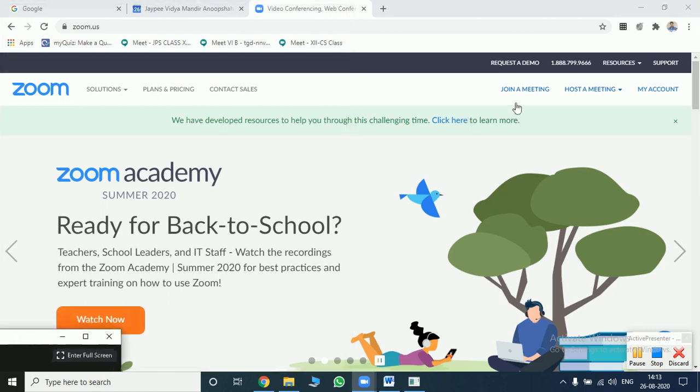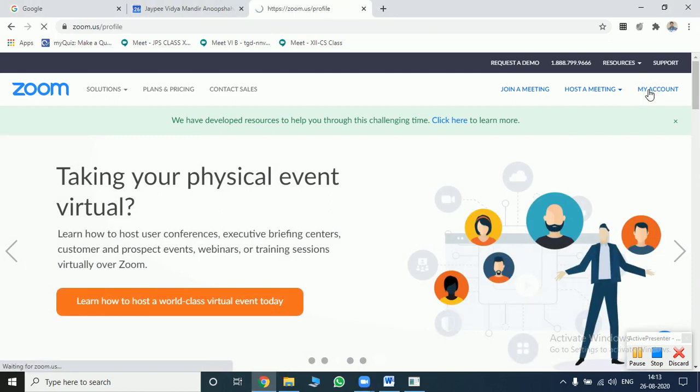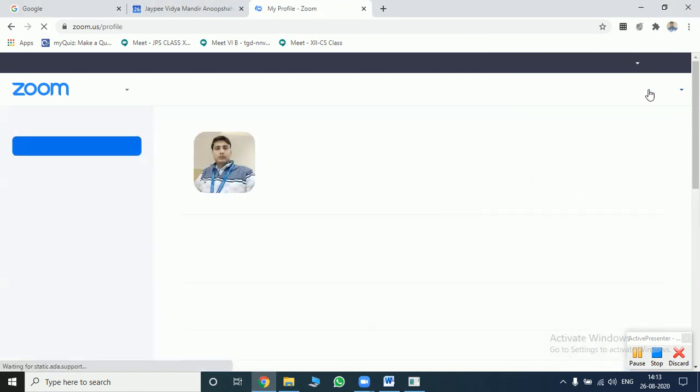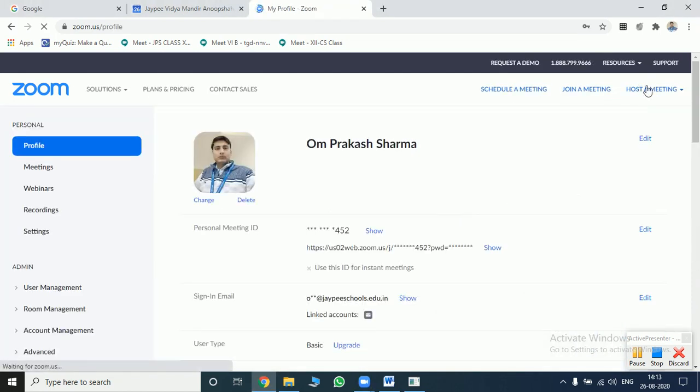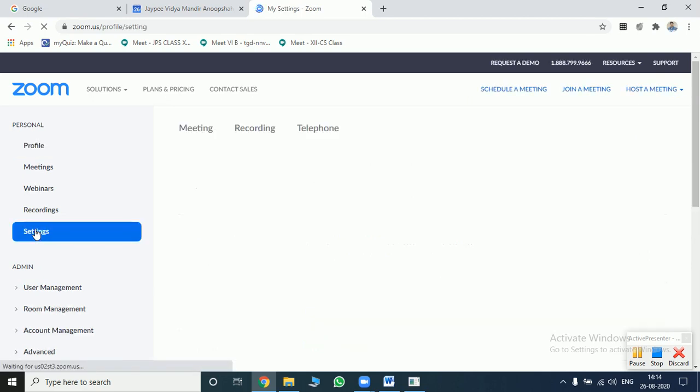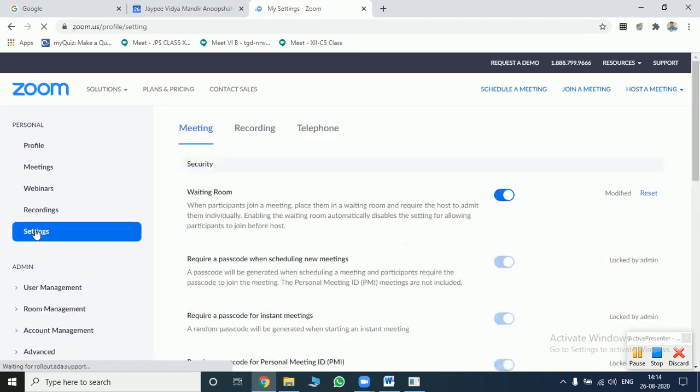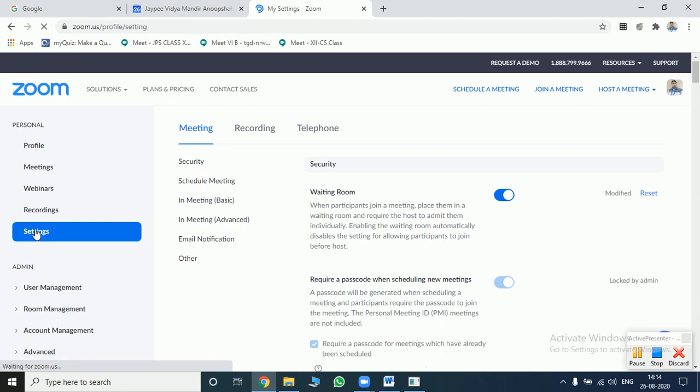So you need to log in from here, and when you click over it, I'm already logged in, so I'm just clicking over my account, and then go to personal and then settings. You click over the settings link here, and you will find that there are amazing options available for scheduling the meeting.